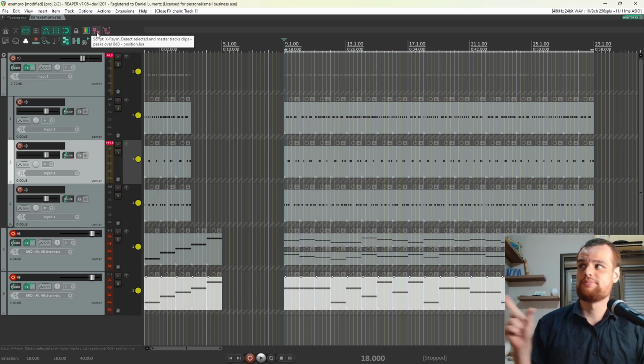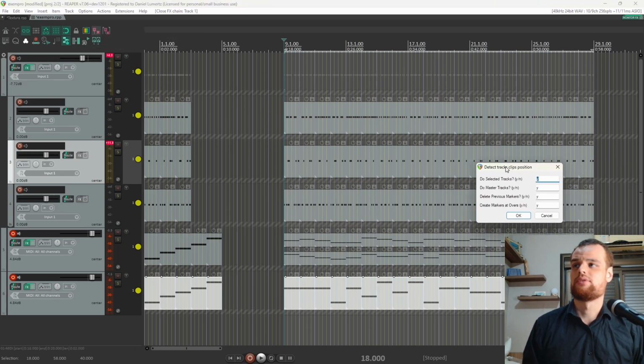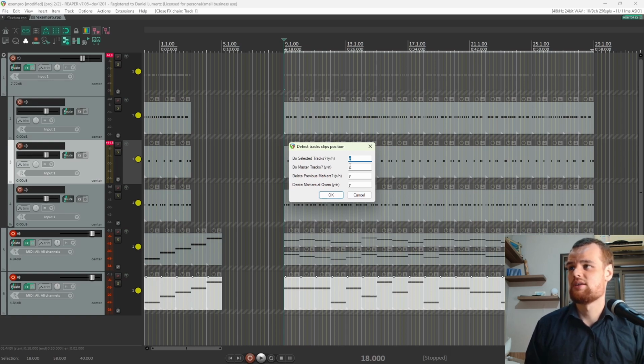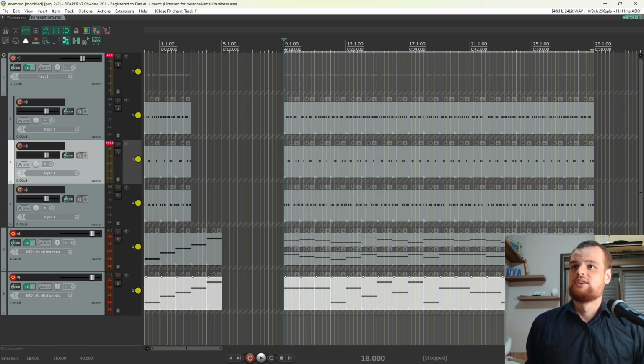You can put scripts there. So I run this and it asks if I want to see the selected tracks. I say no. I want to see just the master. I don't want to delete anything, and I want to create markers. Yes, I want. Okay, so now if I clip something,